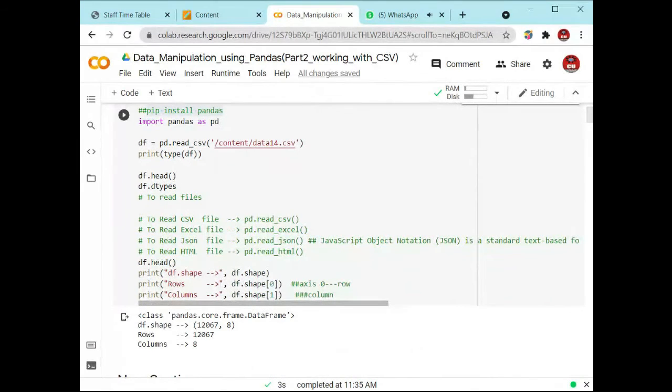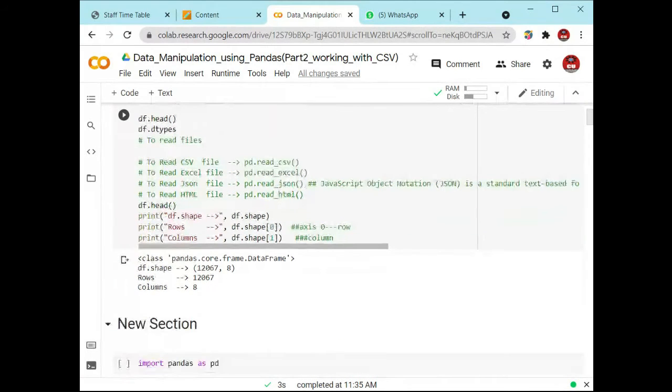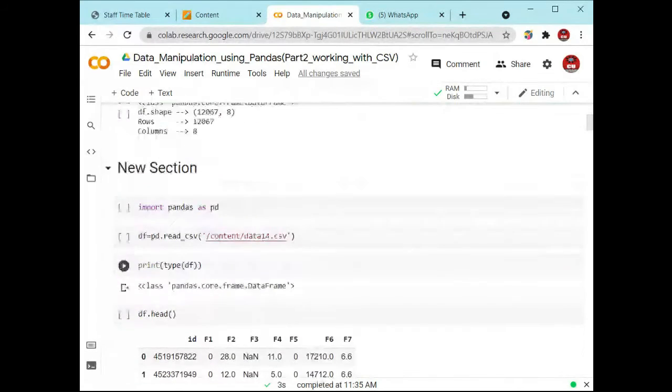It will show you the head, that means the top 5 rows of that particular data, and it will print df.shape. So what is the shape of that data? How many rows are there, it will represent right here. Then it will represent how many columns are there in that data. All this information will be printed right here.